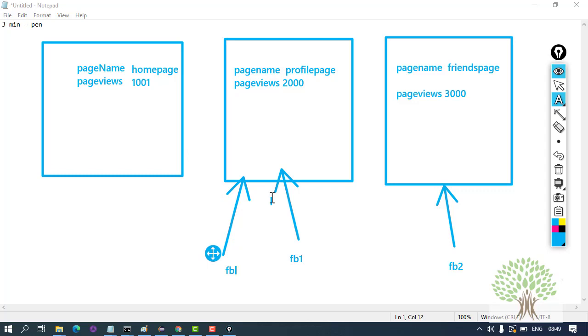Object references can be dynamic, they can point towards different objects, but objects are static in the memory, they won't move. Now this object has got no object reference, so it will automatically be destroyed by Java. But this object now has got two object references. Both these object references can change the state or retrieve the state of the object.